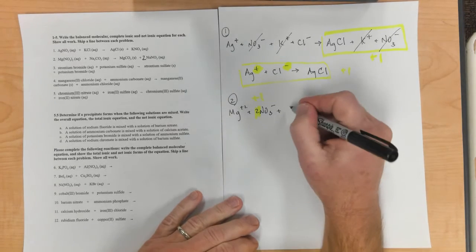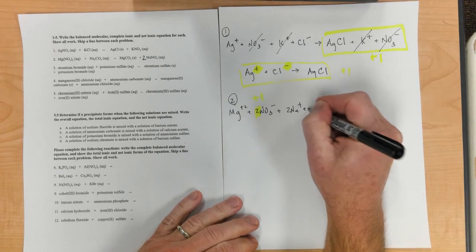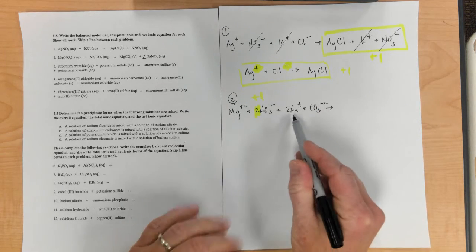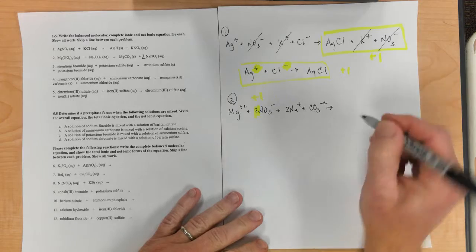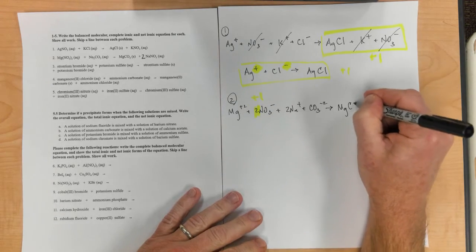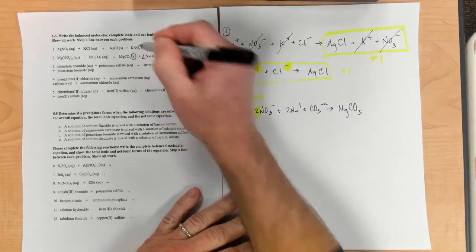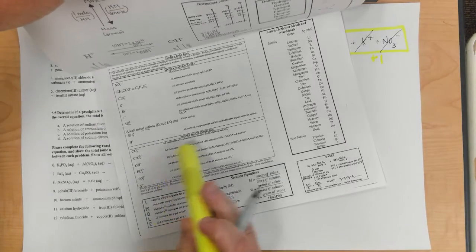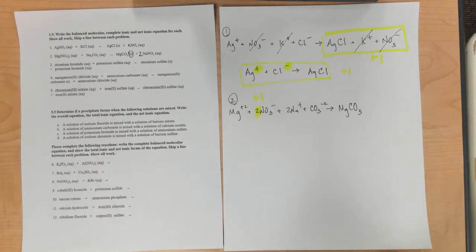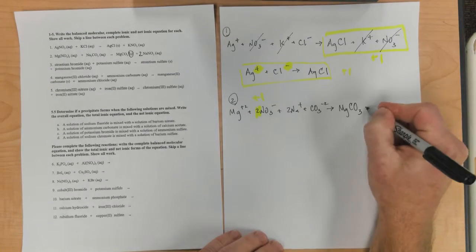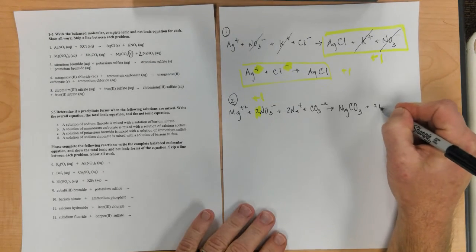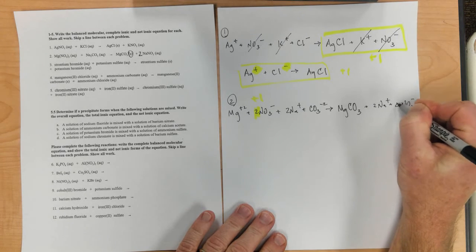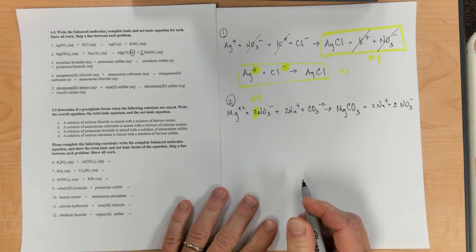And then we have a 2Na+ and a CO3 2-, and that is aqueous or dissolved as well because it's got a sodium in it. Sodiums are always soluble. Magnesium carbonate is going to be a solid. It's not only indicated solid right here, but if you look in the solubility rules, you'll remember that all carbonates are insoluble except for the group 1 elements, and magnesium's in group 2. And then this one splits up into 2Na+ and 2NO3- over here, and that'll be our complete ionic